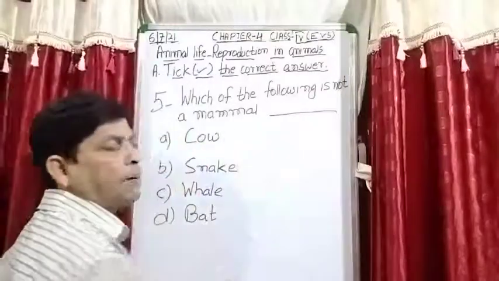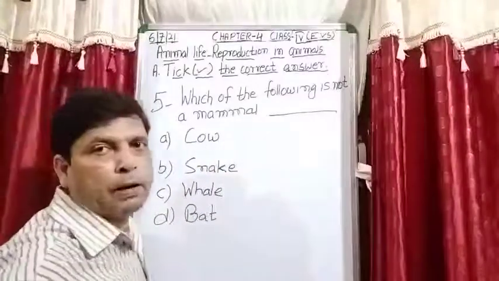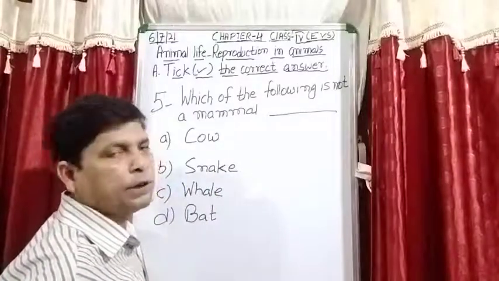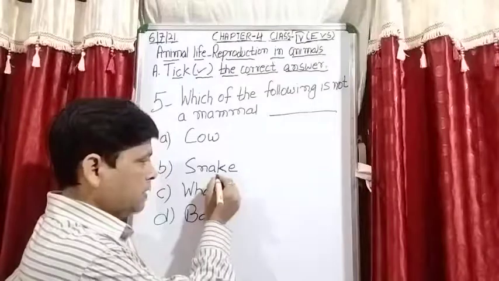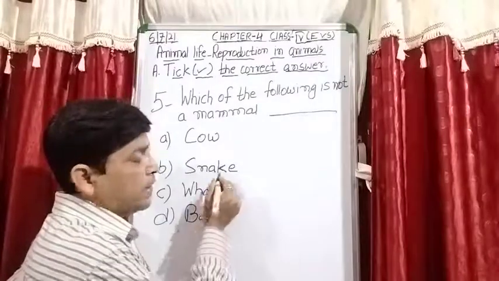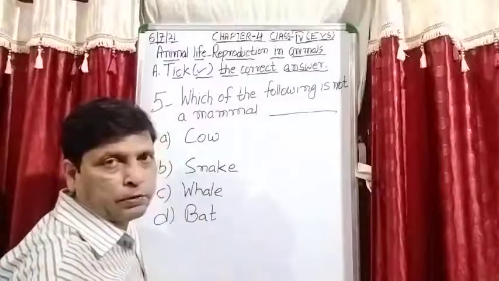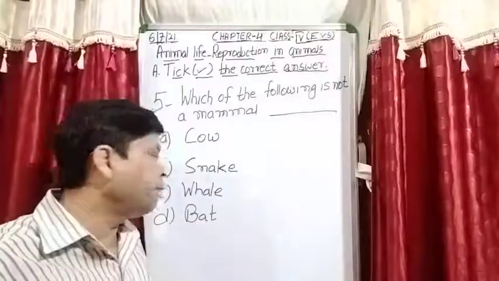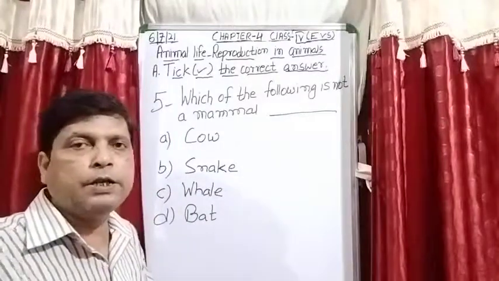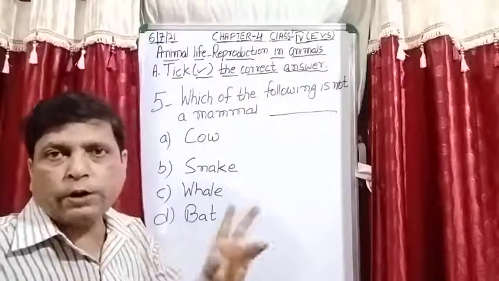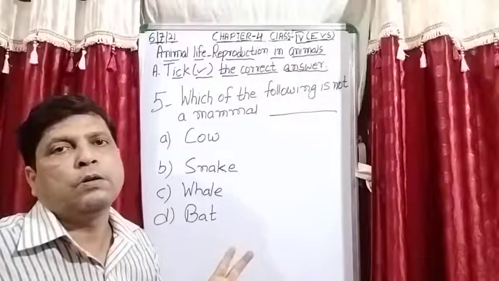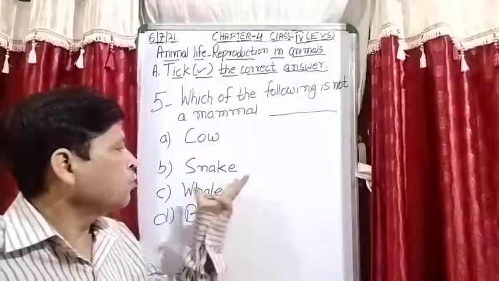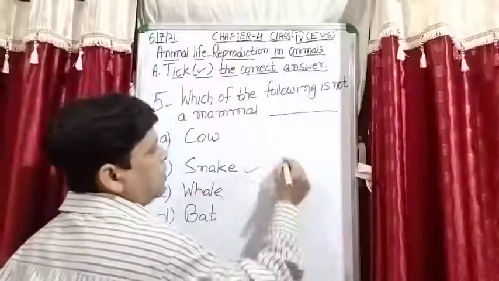So students, cow is a mammal. Which of the following is not a mammal? Cow is a mammal. They give birth to their young ones and feed them with their own milk. Snake, so snake is not a mammal. They lay eggs and their young ones come out from the eggs, and they come in the category of reptiles, and these are reptiles which do not take care of their eggs. They do not take care of their eggs, and many of their eggs are eaten by other animals also. So snake is not a mammal.